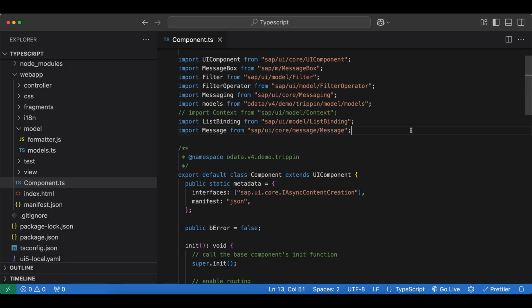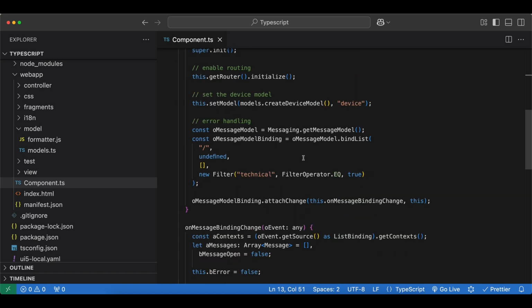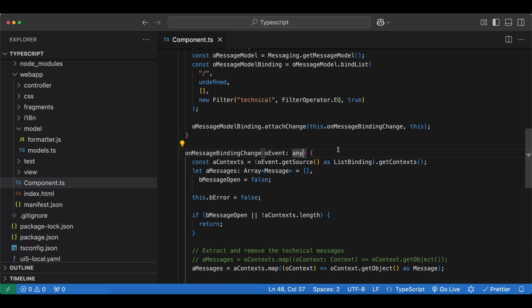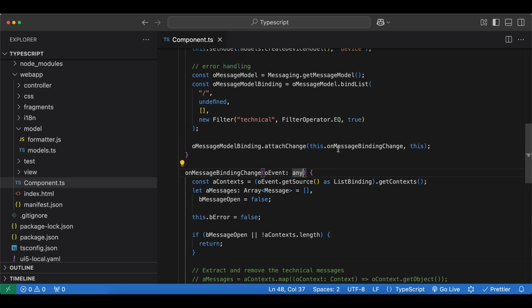Hello everyone. In this video we will continue to convert our code to TypeScript and focus on event handling. Now if you remember from the previous video, we have some message handling, and here we have our handler, and the type of this event we had set to any temporarily. Now let's go ahead and find the corresponding event type so we can use that, and let's start from the